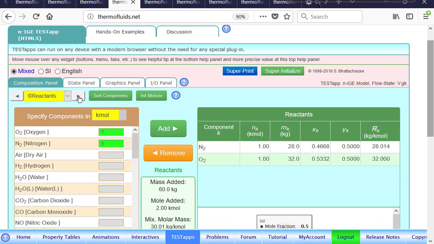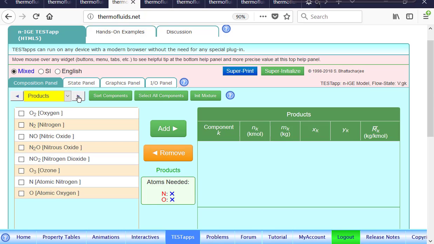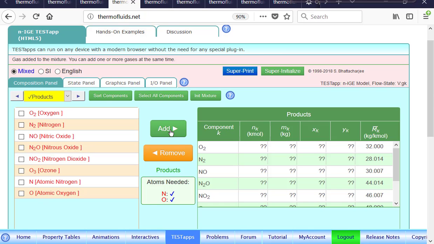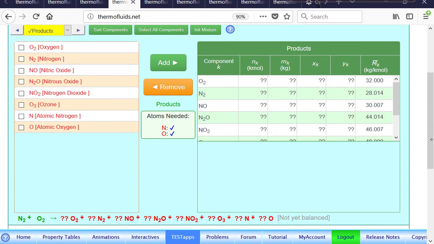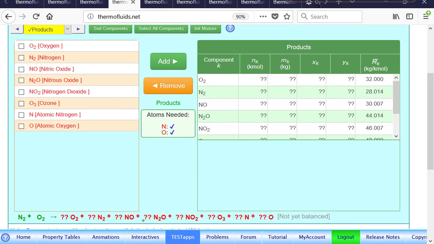And in the products, oxygen and nitrogen, in this particular case, can produce all of these. Of course, there can be even more. The NASA equilibrium program can give you 100 different species here. But let's say we click on all these probable species and we add them. And our goal by equilibrium composition is to know what are the